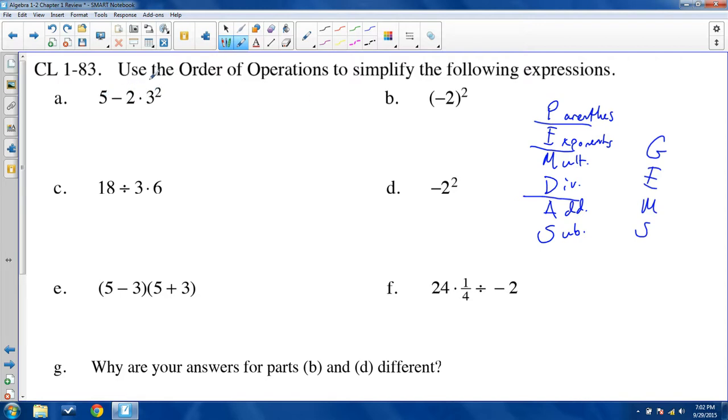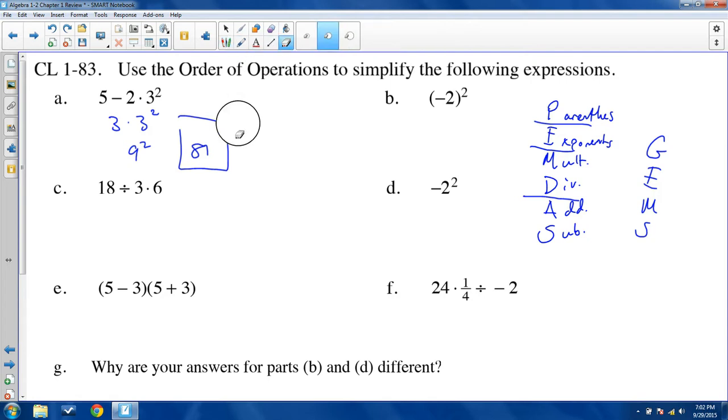Now here's where you do it wrong, right? Here's not the right approach. 5 minus 2 is 3. 3 times 3 is 9. 9 squared is 81. That is the incorrect approach. That's going straight left to right, and you are not following the order of operations. Go ahead and try it in a calculator, and you won't get that answer. Or you might get that answer, but you'll have landed on it luckily, because that's not how we do this